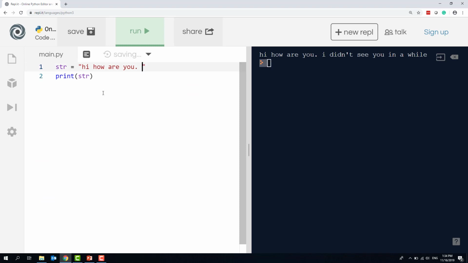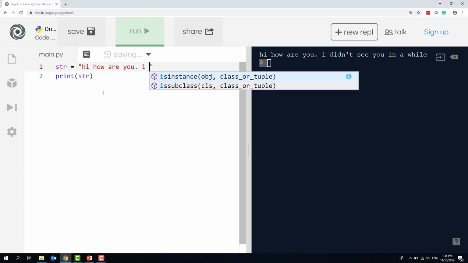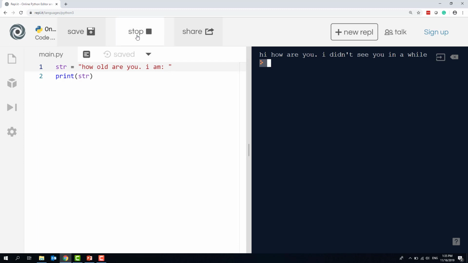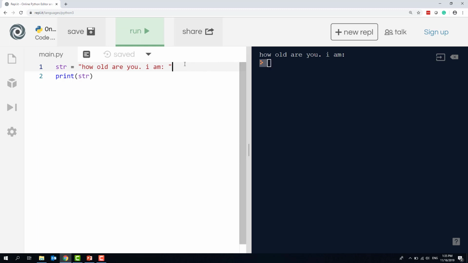How old are you? So let's do yes. So how old are you? And then I want to add the result. So how old are you? I am, and then I'll add the result. So as of now, again, it's just a string. I didn't do anything. So how old are you? I am. I want to add a value. Let's say I want to say I am 100 years old. So now if I run, I will get an error because,